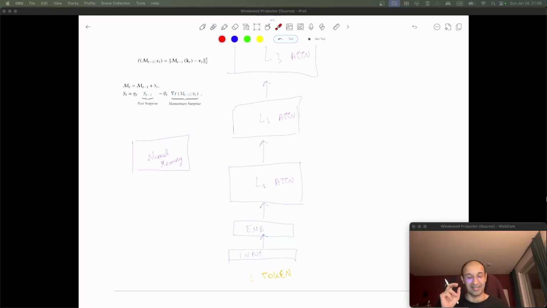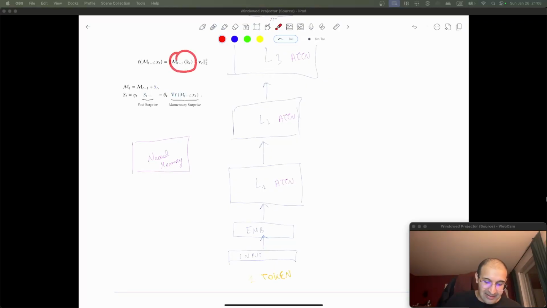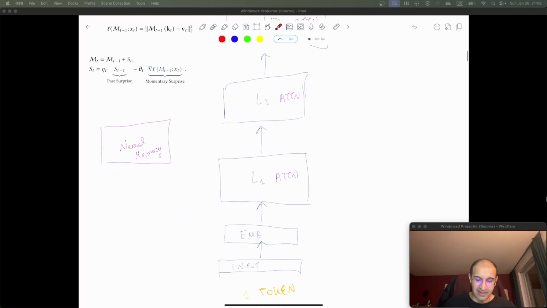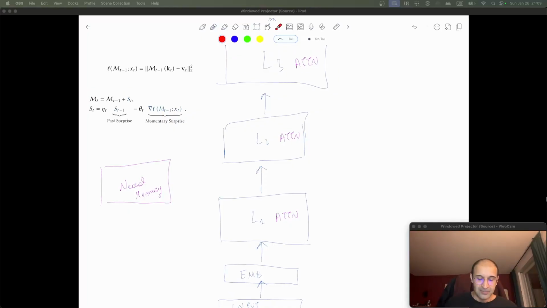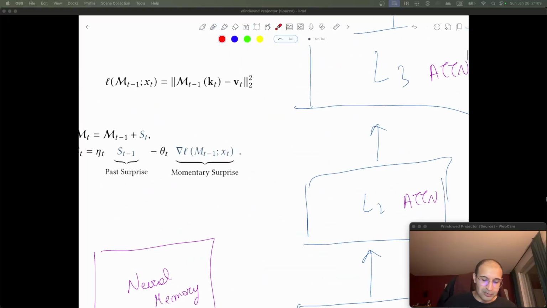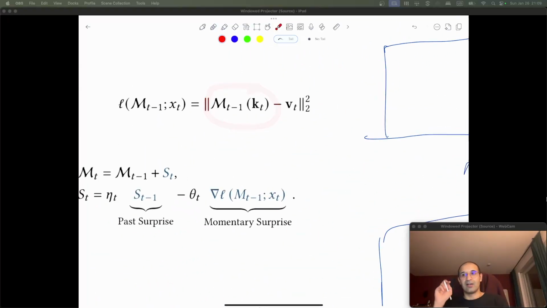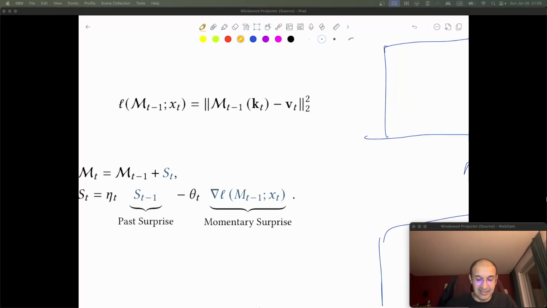How will we do that in practice? First of all, we take this one embedding and we project it into key and value by doing a matrix multiplication of this single token with a matrix called WK and another called WV. Then we compute this. This is called the retrieval of the memory, and because the memory is modeled only as a W matrix of a linear layer, the retrieval of information from this memory will just be W multiplied by the input. And the input, they call it QT, so it's another projection of the input through the WQ